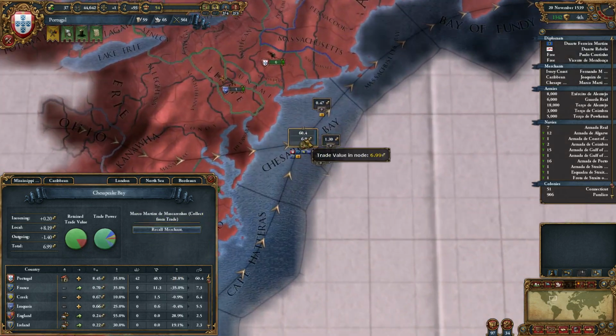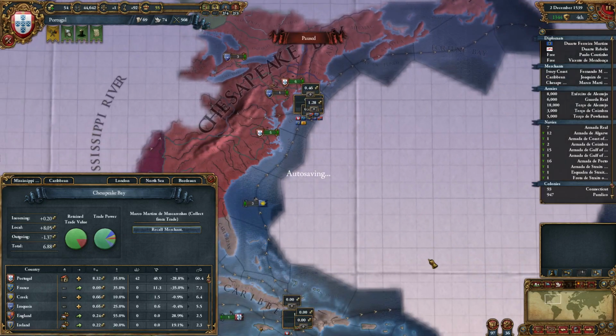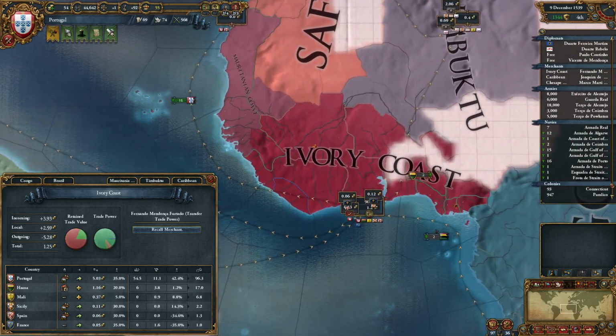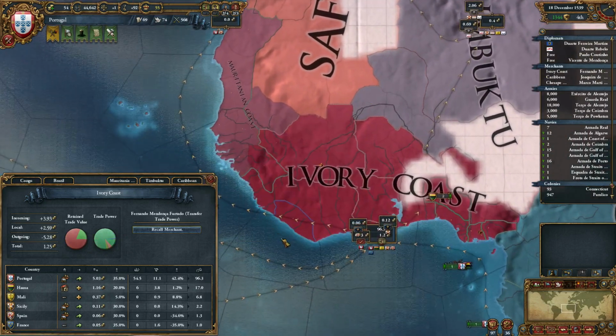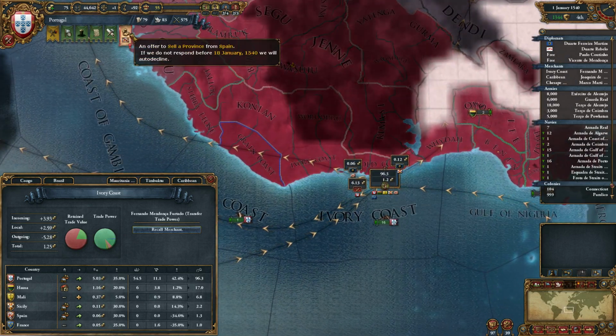And we'll also collect from trade here because there's no reason not to. Okay. Did those ships get down there yet? They're on their way. Should see this bump up quite a bit here. There we go. An offer...